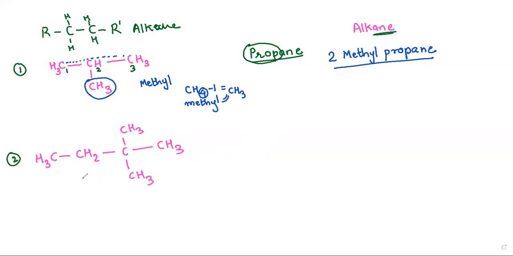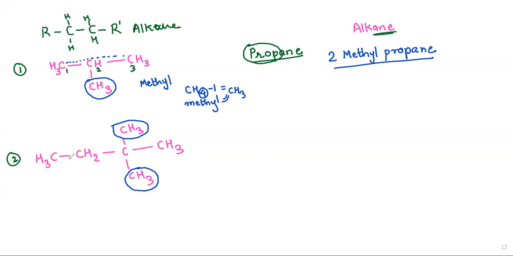The second IUPAC organic compound given to you here is CH3, CH2, CH3, CH3, like this. Now look carefully at the branching. Let's circle the branching first. So I get 2 methyl groups at this position. Now what I have to do is number the carbon atoms in such a way that